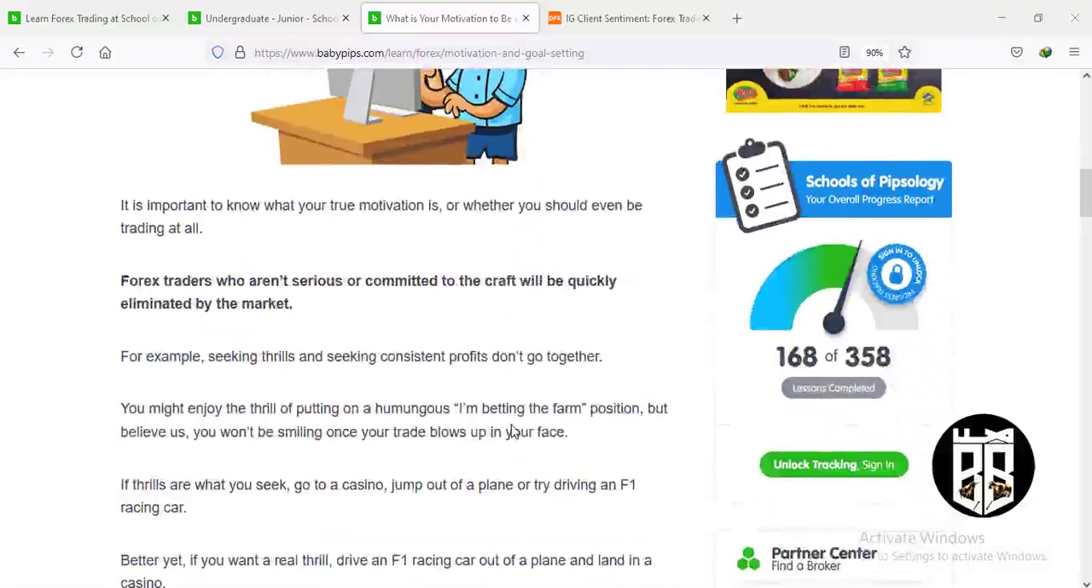Forex traders who are not serious or committed to the craft will quickly be eliminated by the market. For example, if you're looking at trading just for the thrills and fun and profits, you're going to be eliminated very soon from the market. So if you want fun,